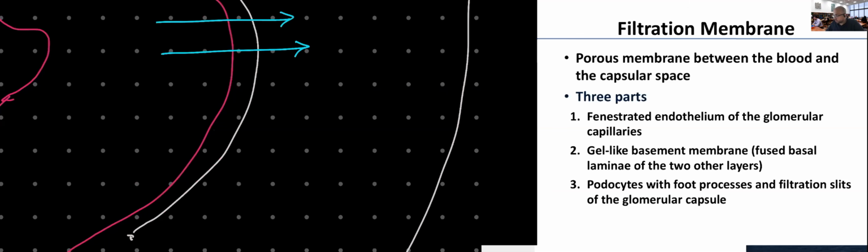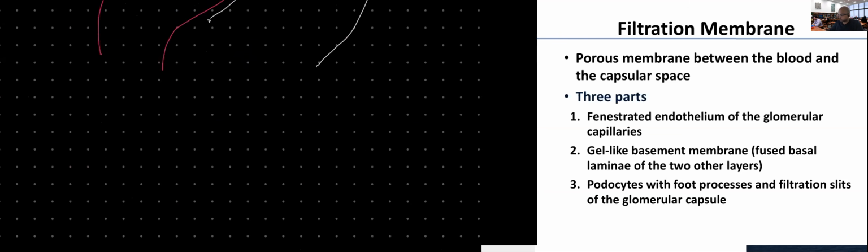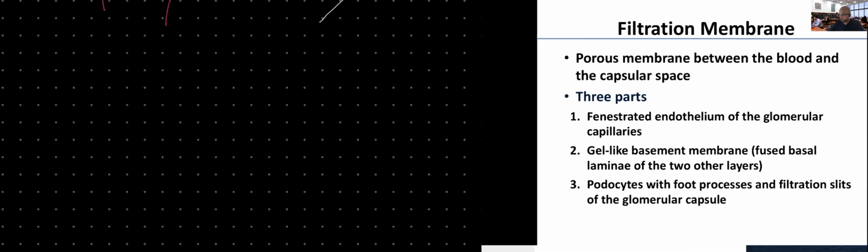Do you remember what type of capillaries did I have in the kidney back from the previous chapter? What kind of capillaries do you have in the kidney? Or can you please remind me of the 3 types of capillaries that we do have? What are the 3 types according to the structure of capillaries? We have continuous capillaries, we have fenestrated capillaries, and we've got the sinusoidal